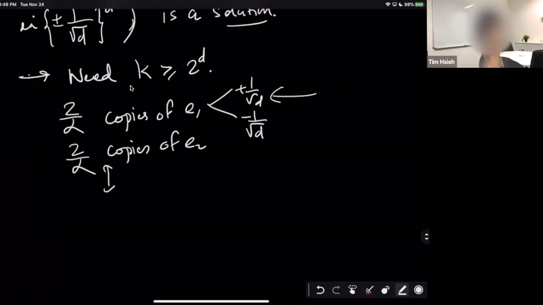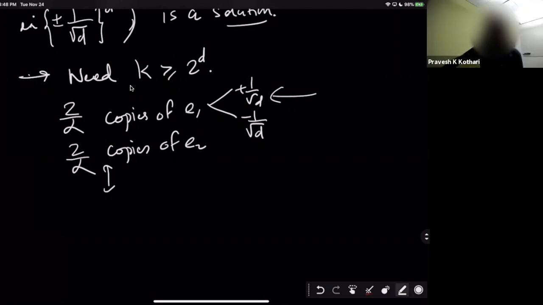Okay. So that's a bad example, right? It means that there is a way to give you a list of size 2 to the d minus 1 that doesn't include your favorite vector, the L star, which means that unless you have a list of size at least 2 to the d, you can't be sure that you've gotten everything.